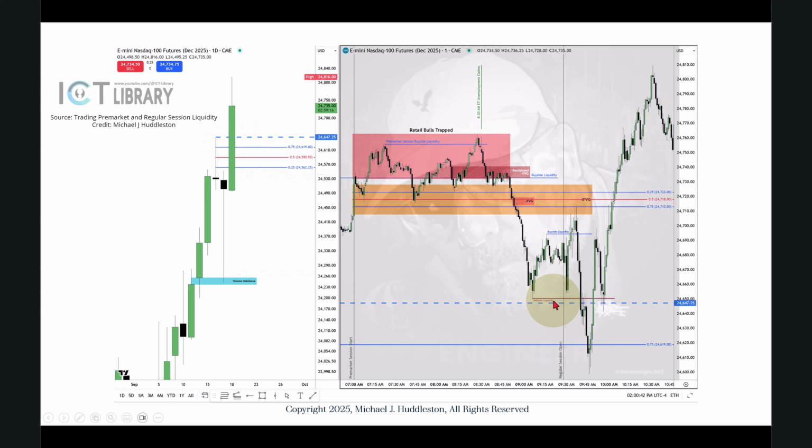We have a minor sell side liquidity pool here, relative equal lows. And then we have this minor buy side liquidity pool, which watch what it's doing here. While it's consolidating at 9:30, it drops down first. That's a fake out. Then it drives up into the inversion fair value gap, trapping what? Breakout artists that want to be buyers. Then they rake them across the coals to take out the sell side here and dig into this candlestick's high,